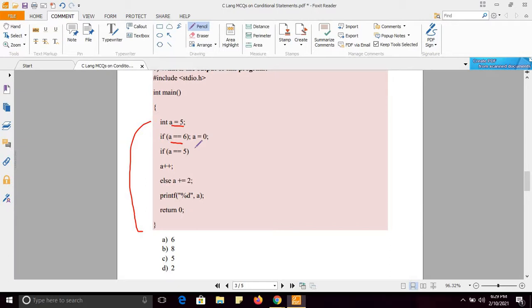What will be the output of this code? a equals to 5. If a double equals symbol is here, it means I am checking equality, a equals to 6. There is one semicolon. a equals to 0. If a equals to 5, a plus plus, else a plus. This is the code. What will be the output?